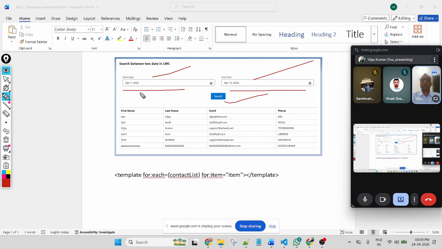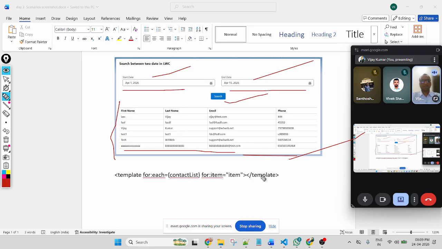For example, if I search between 1 April to 15 April, start date 1 April, end date 15 April, once I click on the search button, it will search between 1 April to 15 April, and the list of records that are fetched are displayed at the bottom. It will dynamically fetch data and display it in table format.